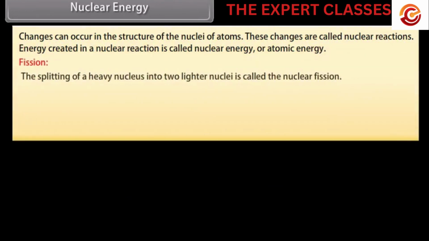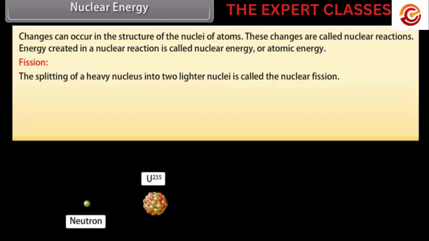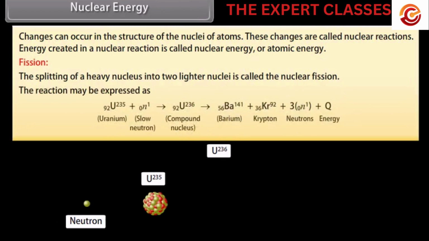Fission. The splitting of a heavy nucleus into two lighter nuclei is called nuclear fission. When a slow neutron strikes a uranium-235 nucleus, it is absorbed by the nucleus and an unstable isotope of uranium, U-236, is formed, which immediately breaks into two fragments, emitting 2 or 3 neutrons with the release of an enormous amount of energy. The reaction may be expressed as